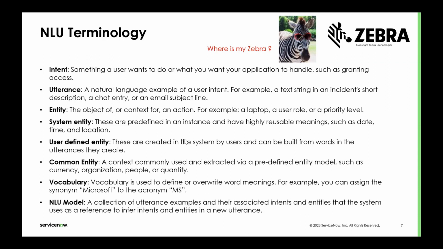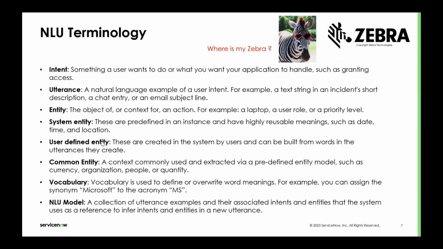Entity is a very good concept, where we can define entities in the utterances just to give context to those utterances, so that our model can learn what exactly the context of this conversation is, and also read the action behind it, so that it can start serving all those conversations in a better way.